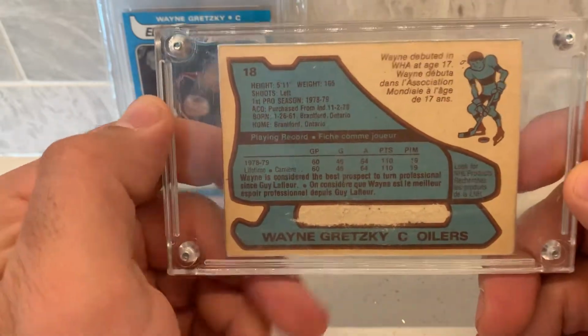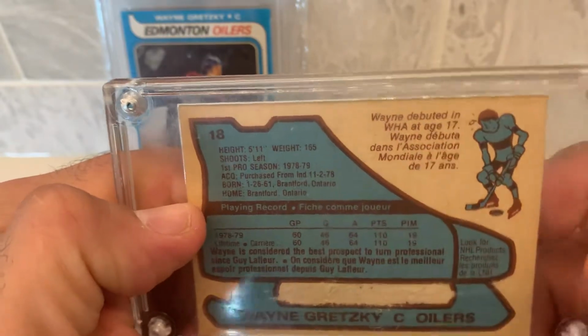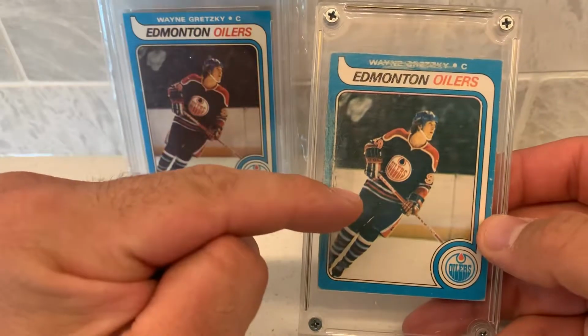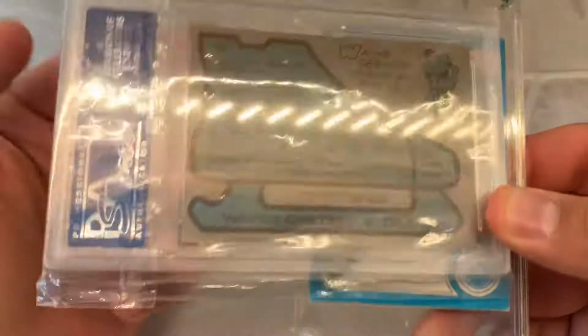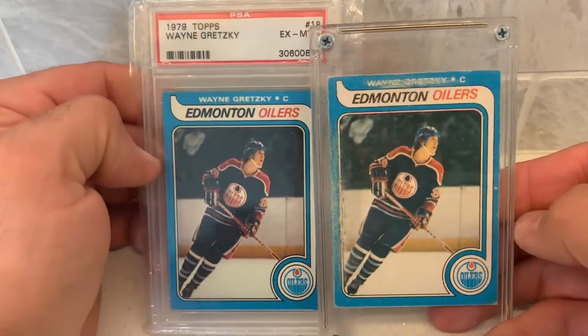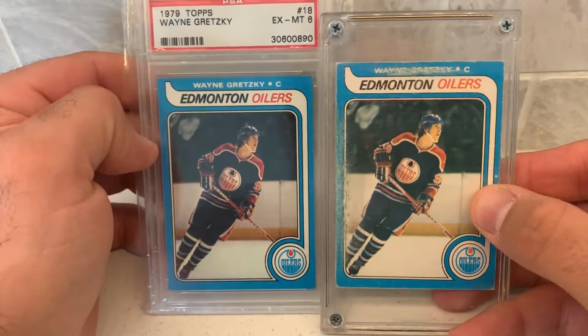But the other way to tell that it's O-Pee-Chee, if, for example, you run into something like that, is that you have French. The O-Pee-Chee cards, because they're Canadian, have English and French. Topps is the American version of O-Pee-Chee, and it's just English. Okay, so there you go. Any Wayne Gretzky card you come across, it's a good card. If you can pick it up for decent money,